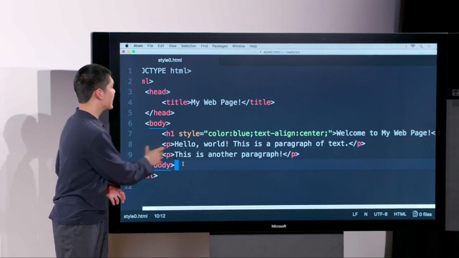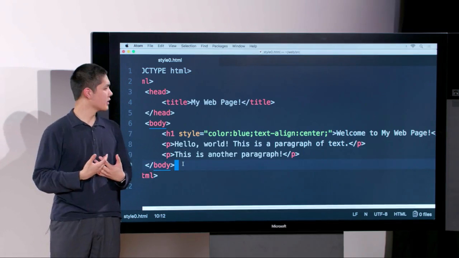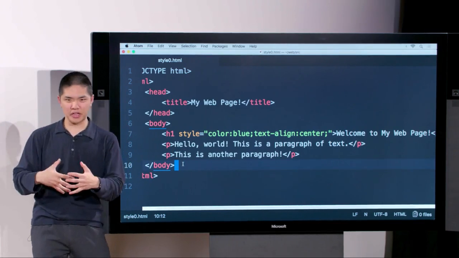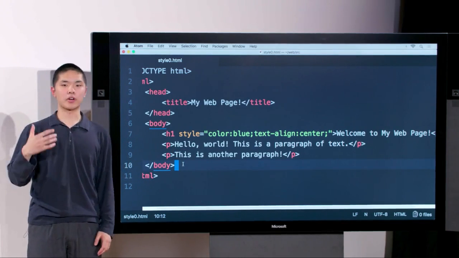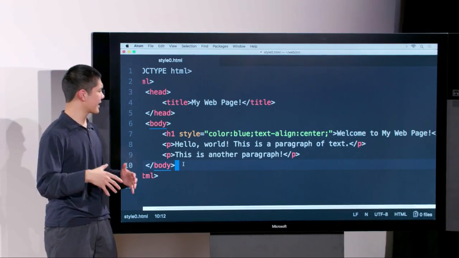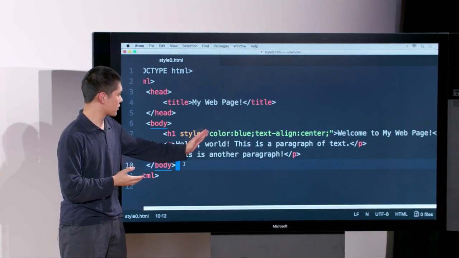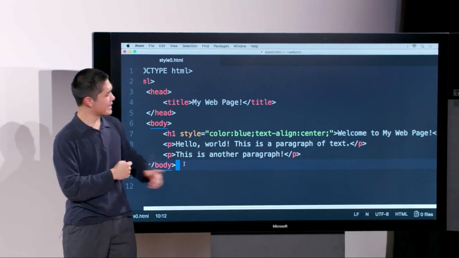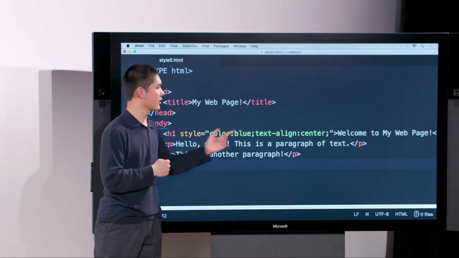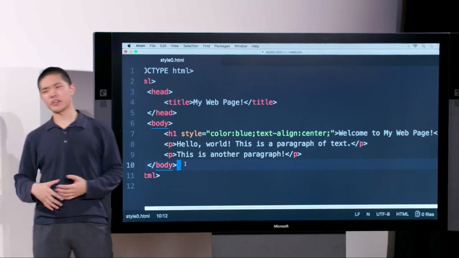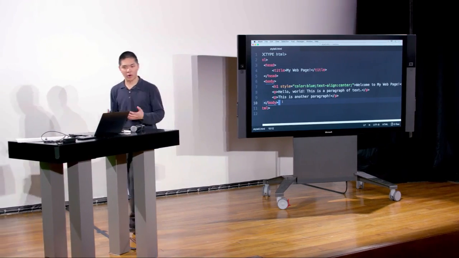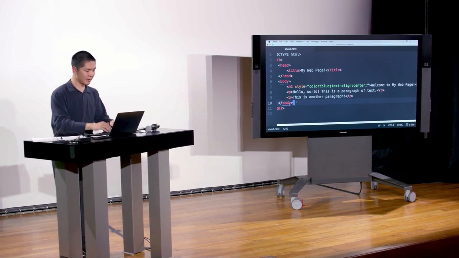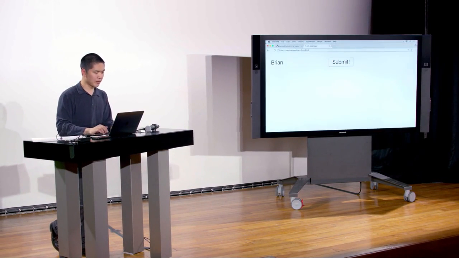And so what we see here in this style attribute of our heading are two CSS properties, where a CSS property is just some specific style property that the browser is going to understand and render in a particular way. And as you might guess, what's happening here is we're saying that we want to assign the color property of this heading to blue, and we want to assign the text-align property of this heading to center. And so what that's going to do is, instead of just rendering an h1 as we normally would, as just a black big headline on the left side of the screen, we'll render it as a blue headline that's centered on the screen. And so if we now open up